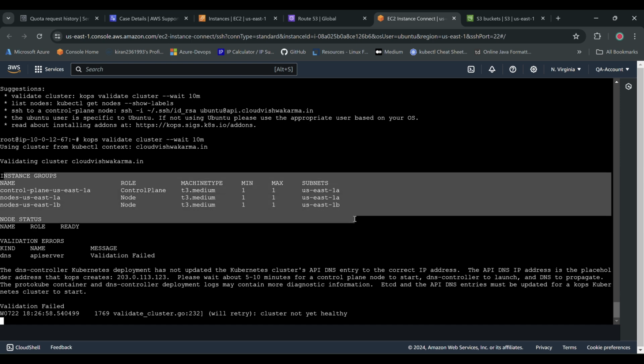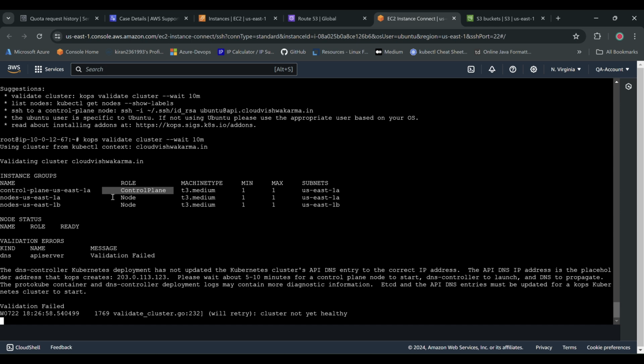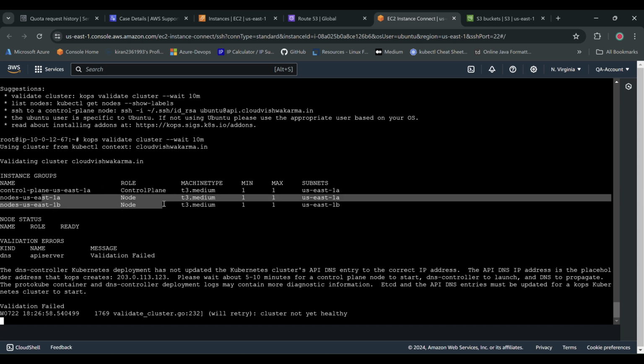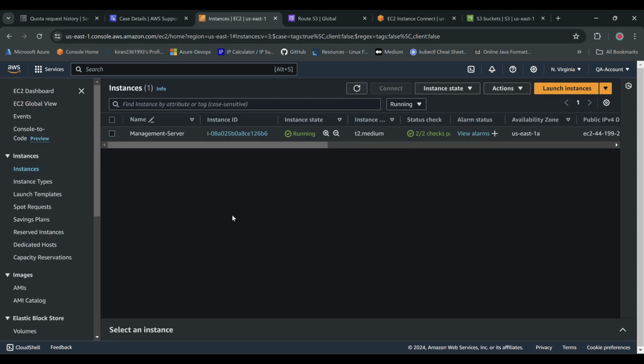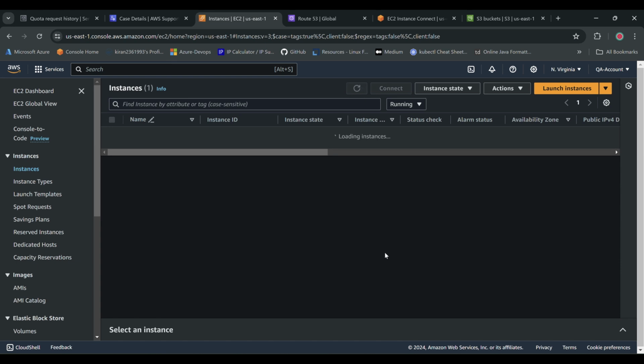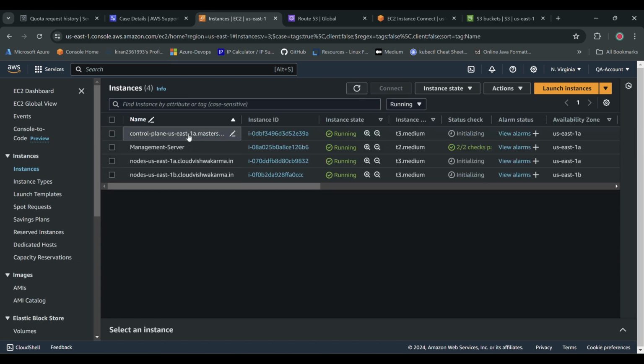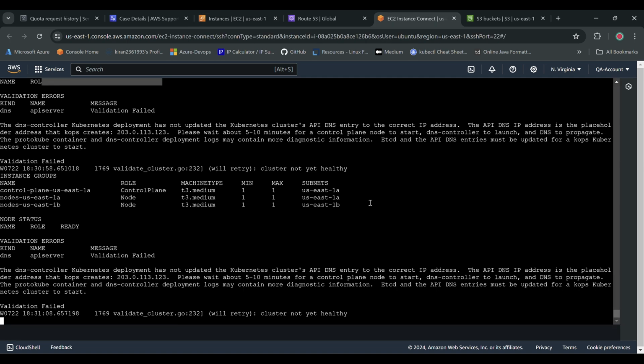See, three nodes it is. One is the master node, the control plane, and the rest two are worker nodes. And if you still wanted to check, you can come back here and then you can refresh. See, three nodes total: control plane master node, worker node, and then worker node. US East 1A, 1A, and 1B. Okay, let it come up. Meanwhile, what we shall do is